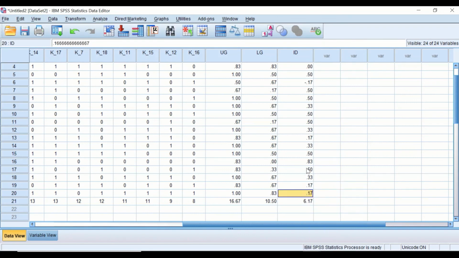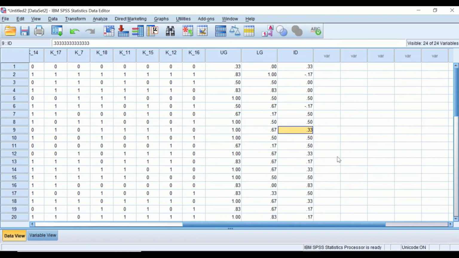This question is a poor one. This one is a very good one. This is good. This is a bad one. This is good, very good, good, and so on. So this is the way to do item